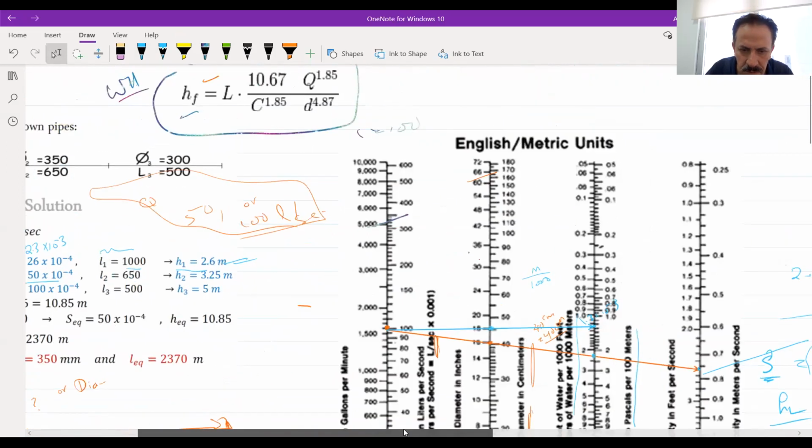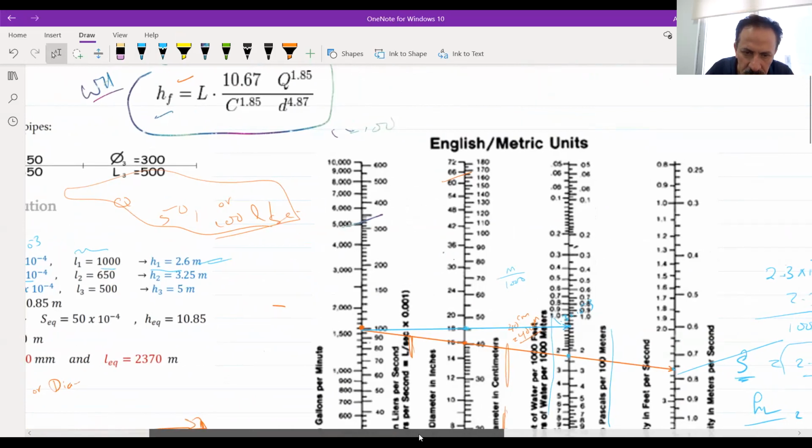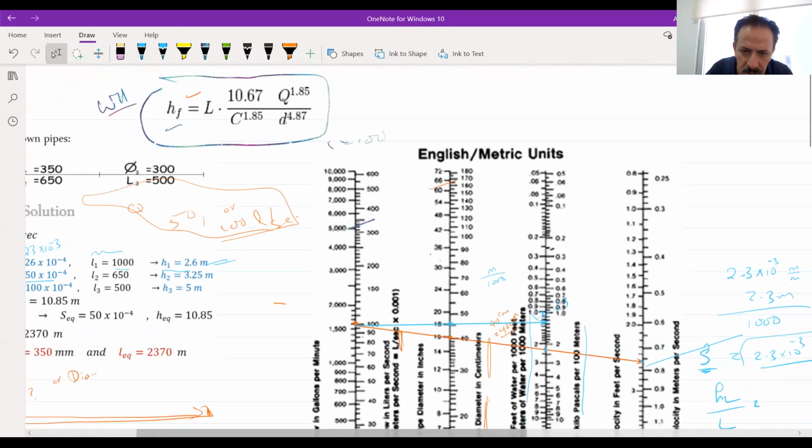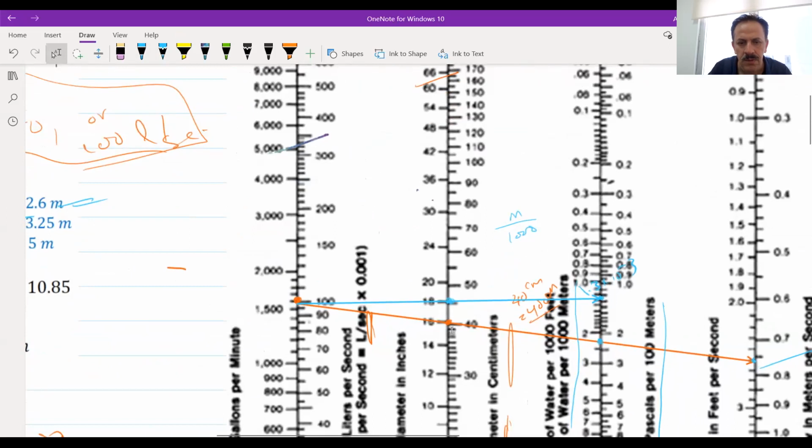315. Oh, the diameter is wrong. Doctor, that diameter is not correct. Yeah, it was the wrong thing. Where's the 315? This is 500. This is 300, 310, 20, 30, 40. This is the 350, by the way. So what should I do? I will just connect between this one.